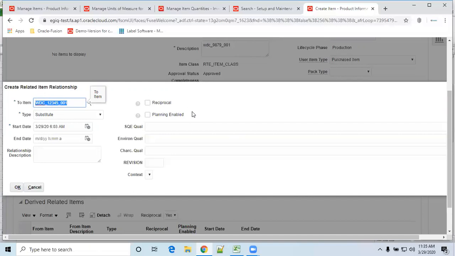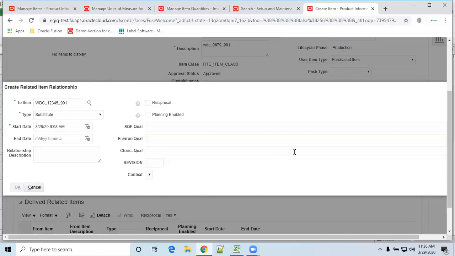While receiving, either you can keep WDC 9879 or WDC 12345, and the system will allow you to receive the goods. In order to test it, we should have procurement activities. Without procurement activities, we cannot test whether reciprocal is working or not. But this functionality explains how to build a relationship between two items.